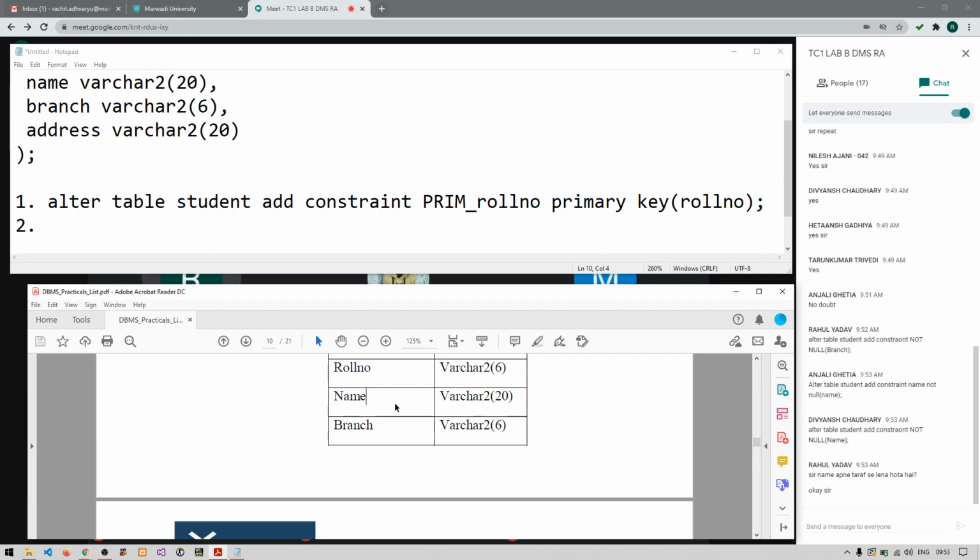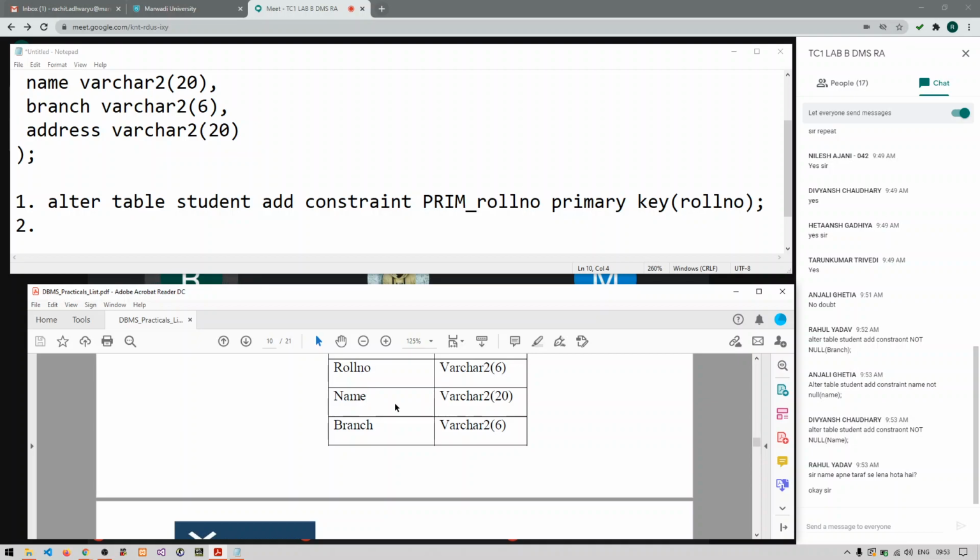Okay, so many of you have tried, right? But what everyone has written is alter table student, then add constraint, then some name, and then not null, and into bracket you have given the column name, right?